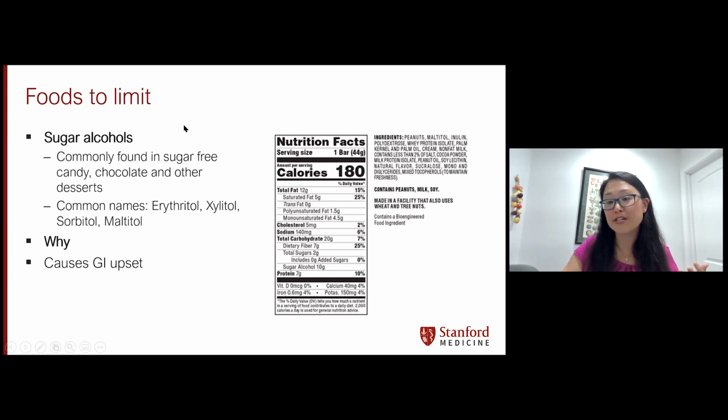And also for diabetes 3C, we typically aren't recommending a significantly low carb, low calorie diet unless it would be indicated. But for most people, it's just an adequate amount of carbohydrates. Typically people have sugar alcohols if they're trying to do a low carb diet and eliminate sugars from their diet. Here's just a nutrition fact label, and it shows where the sugar alcohols are. Under total sugars and added sugar, there would be a sugar alcohol section. If you don't see that, it's not one of the FDA mandated parts of the nutrition facts. You can also look for the common names.